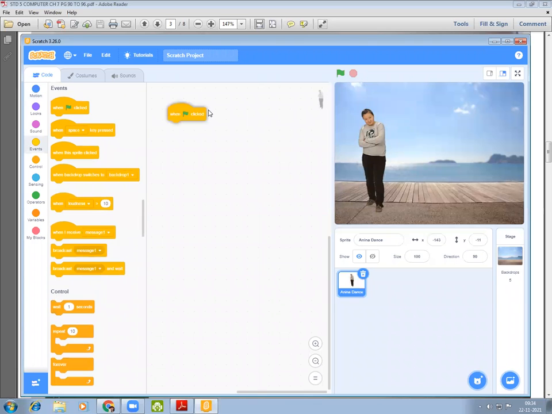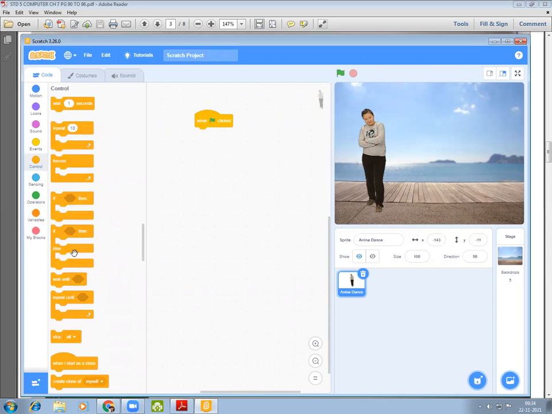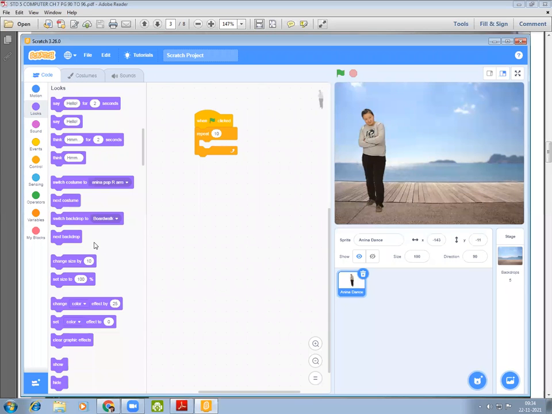When green flag is clicked, now control, drag repeat, put it here. Now change color effect by, from looks. Change color effect by, we have to drag the new blocks between the repeat.